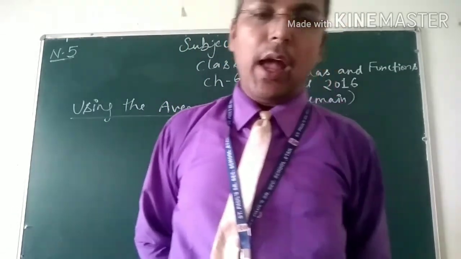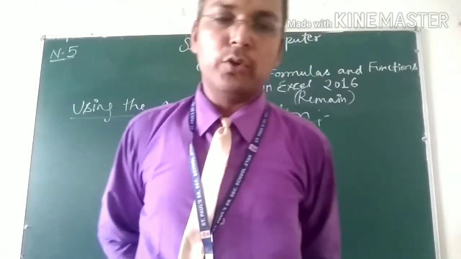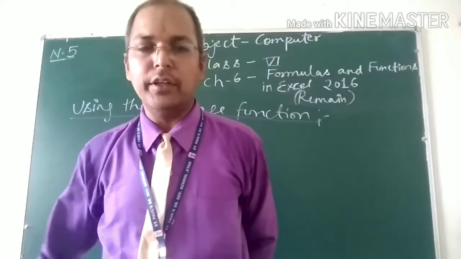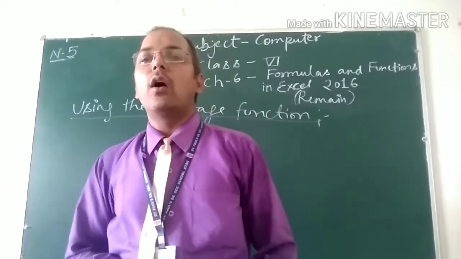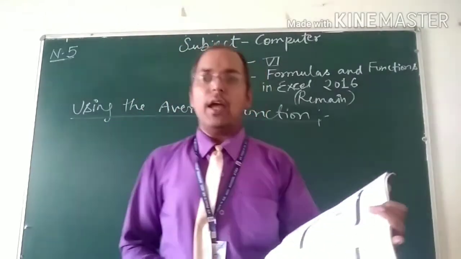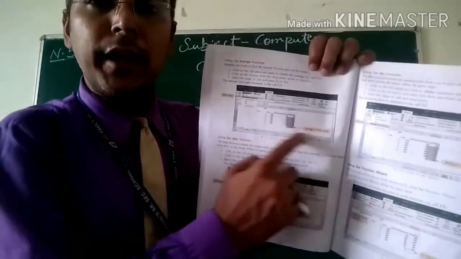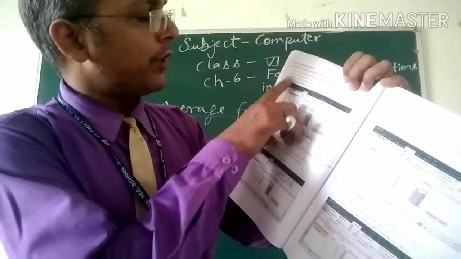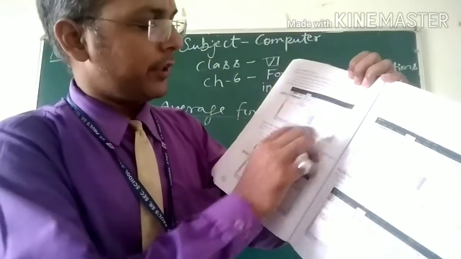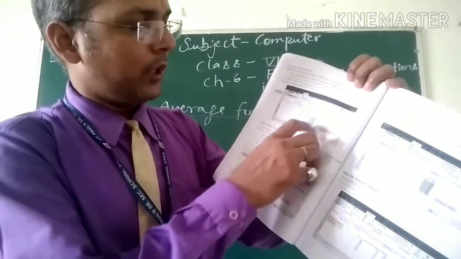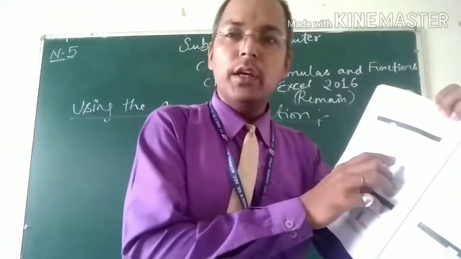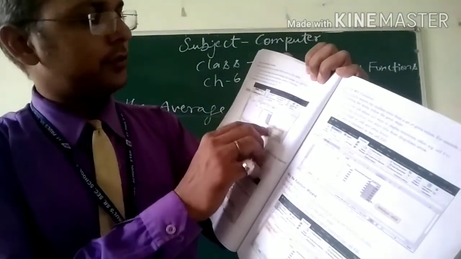Click on the average from the drop down arrow of the auto sum. Select the range of cells and press the enter key, and then you will get the average number in F10. So this is the Excel sheet. First of all, click on the cell where you want to display the average. Here you want the average of the total number. So okay, average of final price.